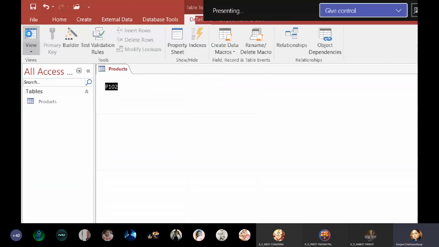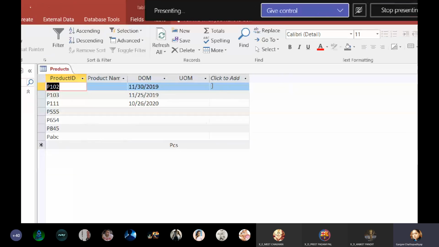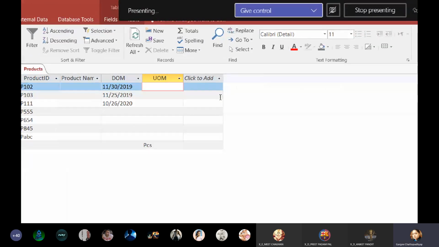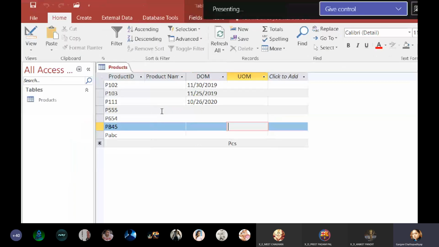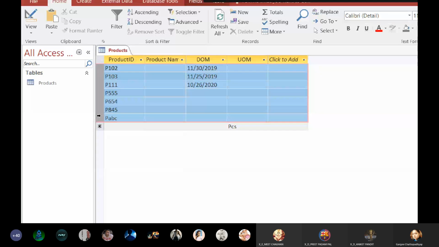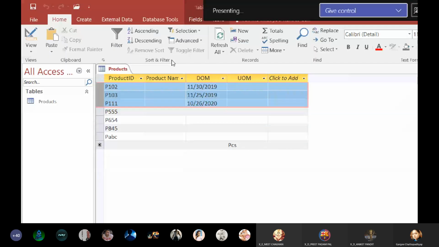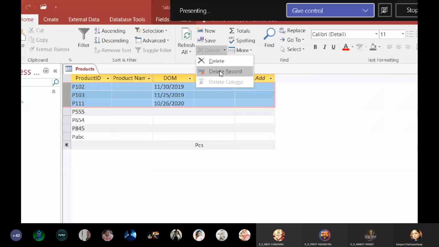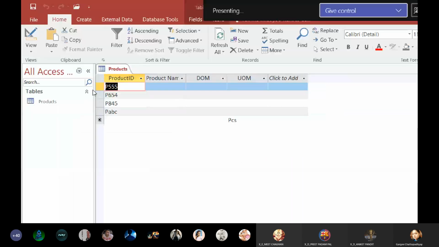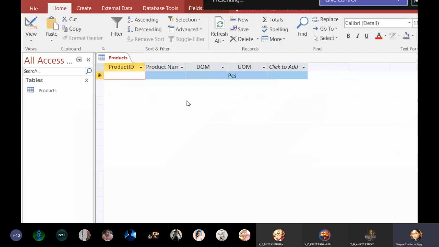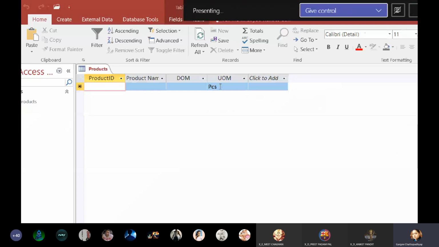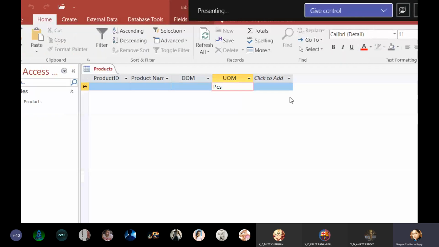Go back to datasheet view and UOM. So you can see already these values were entered in the table. Okay. So I'm going to just remove these values. So now if you enter anything, you can see the default value is being taken as pieces.